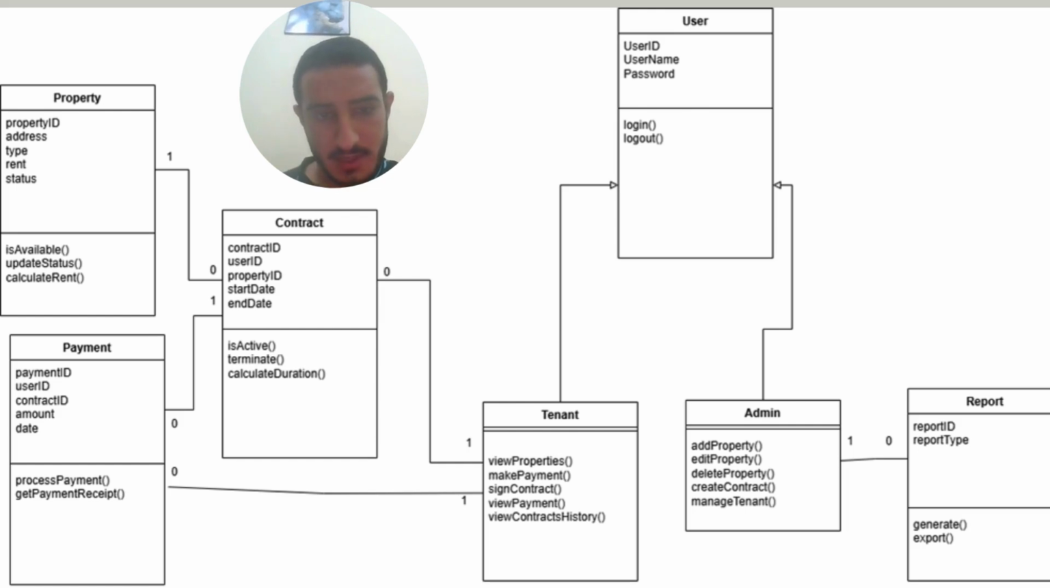We also have the other key classes, like property, which stores information about the real estate, and contract, which represents agreements between tenants and the system. Payment handles rent payments and records them. And the last one is the report, which allows the admin to generate reports for system analysis. The relationships between the classes show how the user interacts with the property, contract, and payment. This structure keeps the system organized and